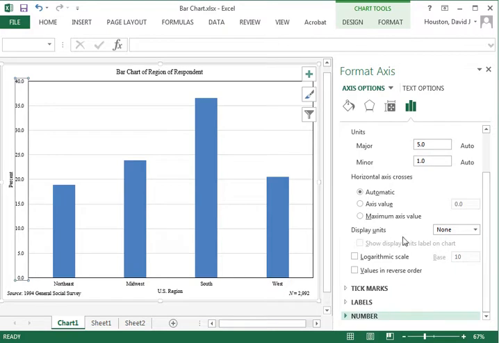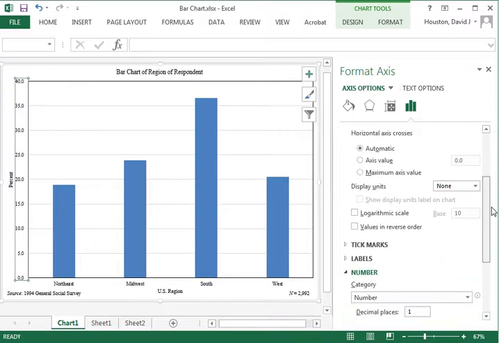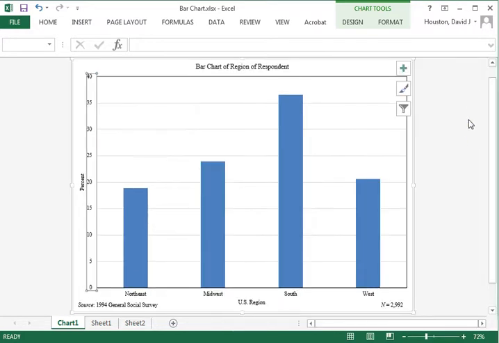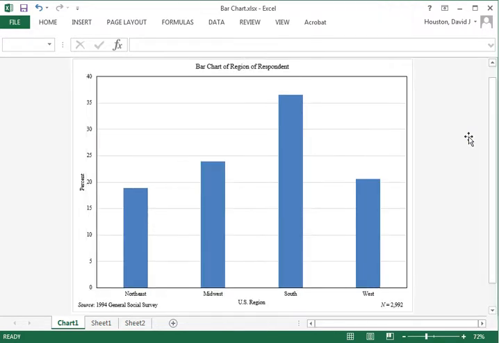With the axis options highlighted, I'll come under number, click on that, and I'll scroll down, and you notice here I can change the look of the numbers that are reported. Right now it has a decimal place. We see here decimal places is 1. Let's click that, highlight it, type 0, and close this option. And now you notice we no longer have decimals, which I didn't need in this particular case.